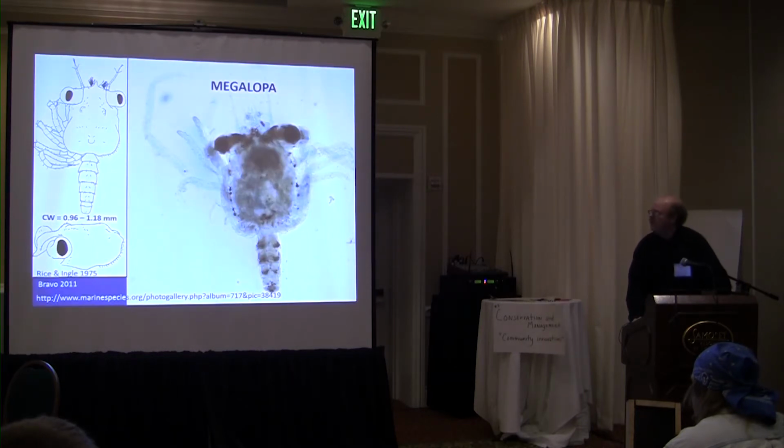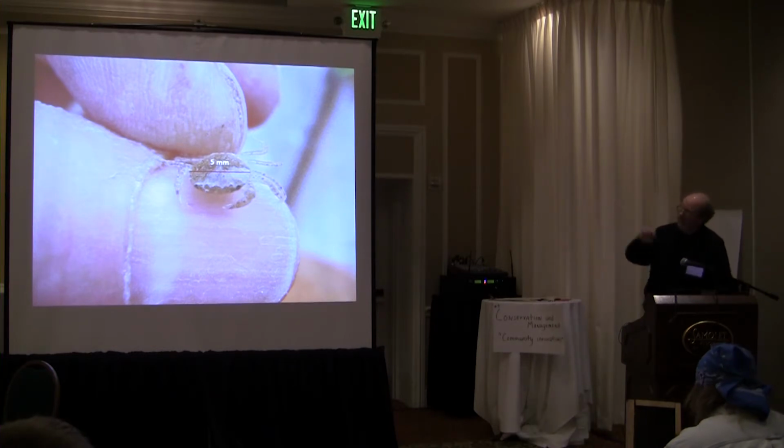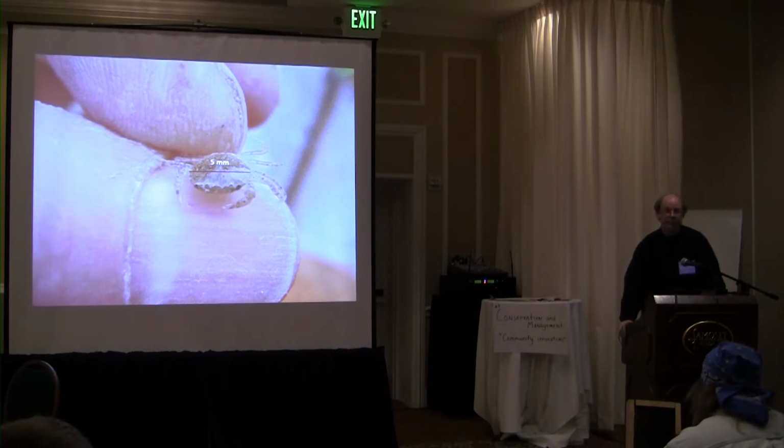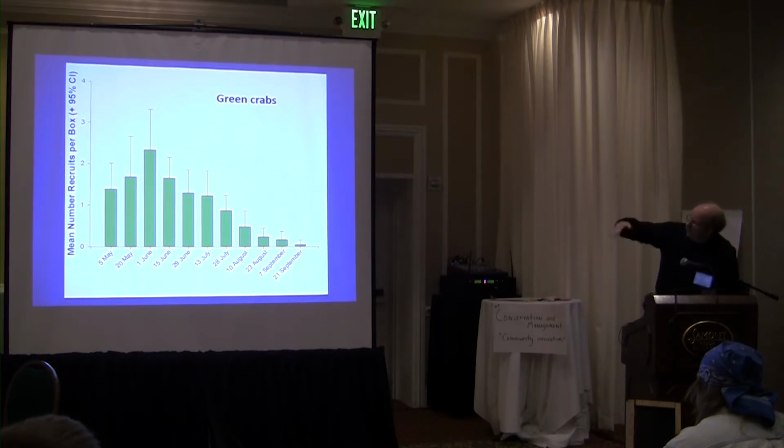And this is what they look like when they settle to the bottom. And this is what they look like after they've shed and end up looking like a green crab. And that's the size that's going into the winter. So the green crabs that we found, this is the number per box, follow roughly this kind of skewed and